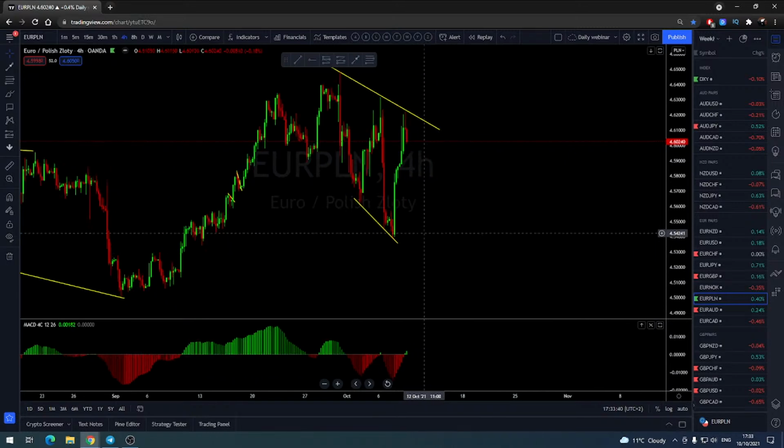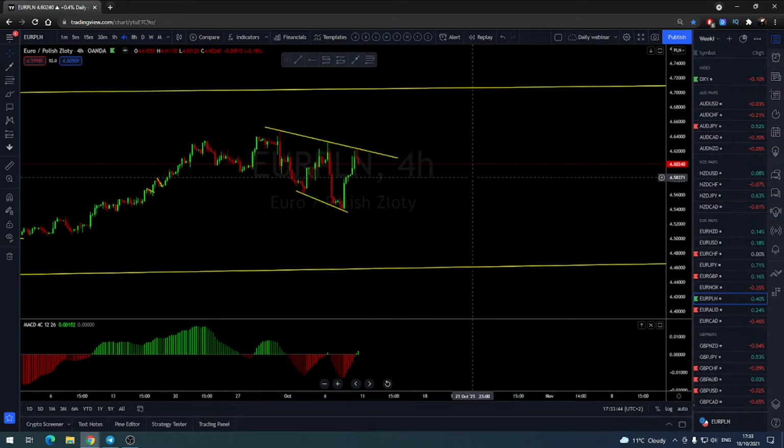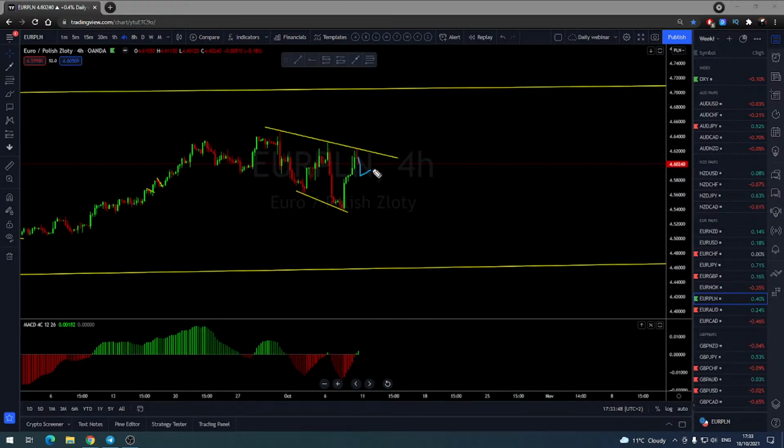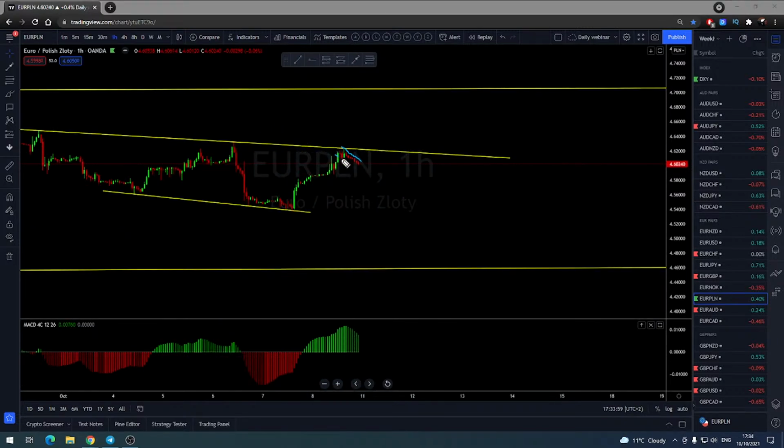Euro Polish Zloty. This one is interesting. For a sell we need a drop, correction, and then they will go. But we are not having that kind of behavior right now. There's much more of a flag for the buy. You see, there's the flag for the buy in the making, and it could easily go and break out of this